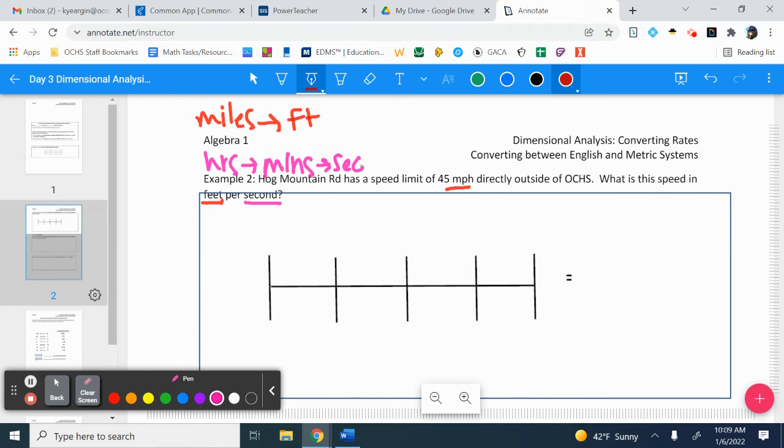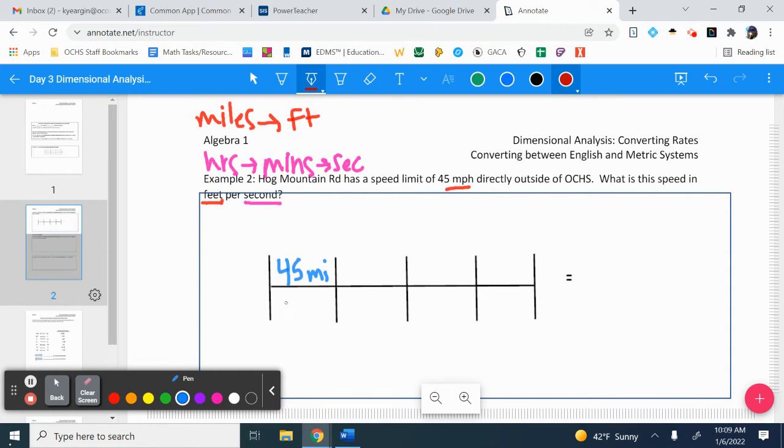Please remember that I'm going to give you all of these conversion factors. So how many seconds are in a minute, how many minutes are in an hour, how many hours in a day, so forth. That is not something that I'm going to expect you to memorize. So if you're having trouble remembering that, just remember it will be provided. So we always start with what's given in the box first. They told me 45 miles